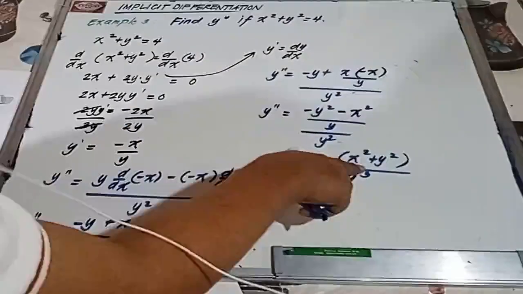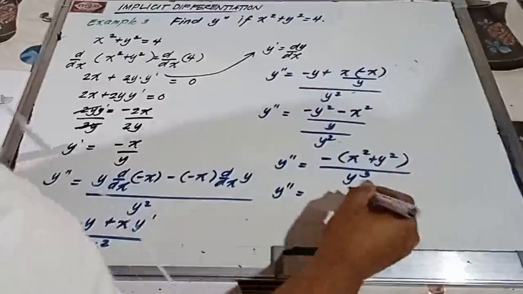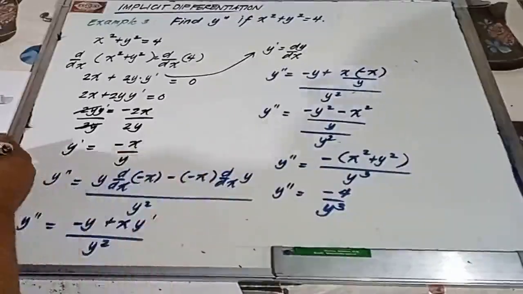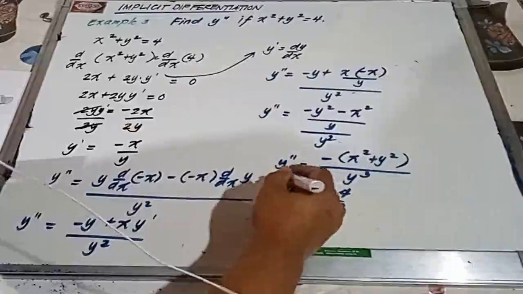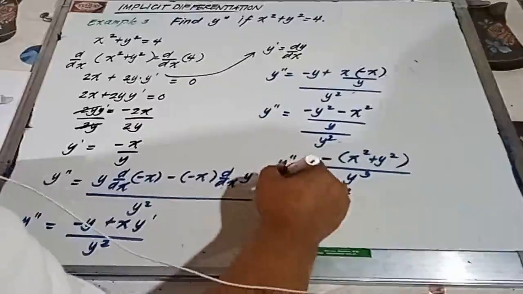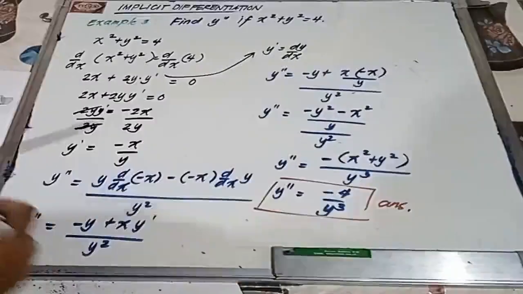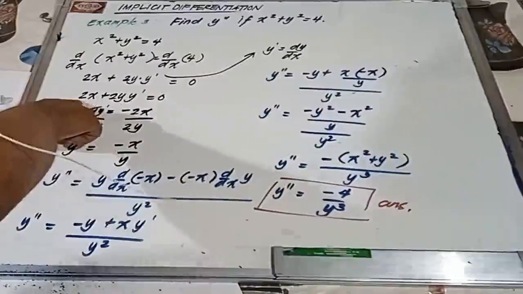But x squared plus y squared is equal to 4. So we can replace this expression by 4. So negative 4 over y cubed. So that is our answer dun sa ating example number 3. Okay? So parang medyo mahaba. Meron pang mas madali. I suggest from here we can solve